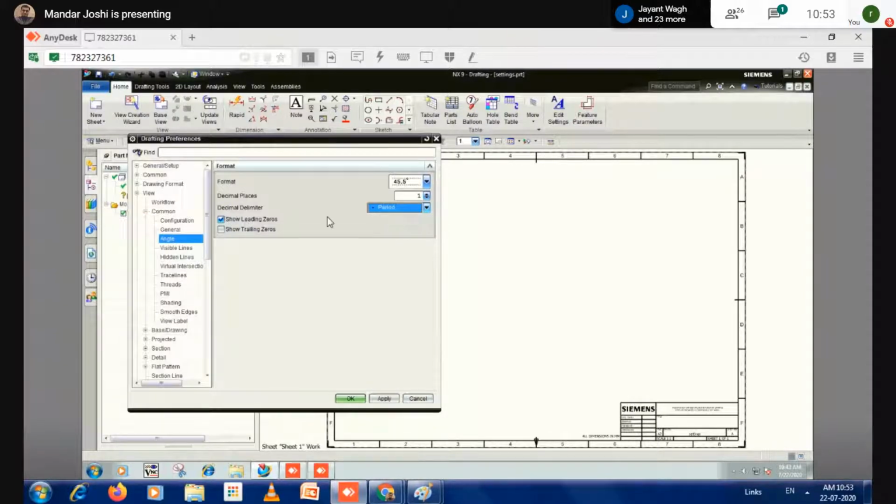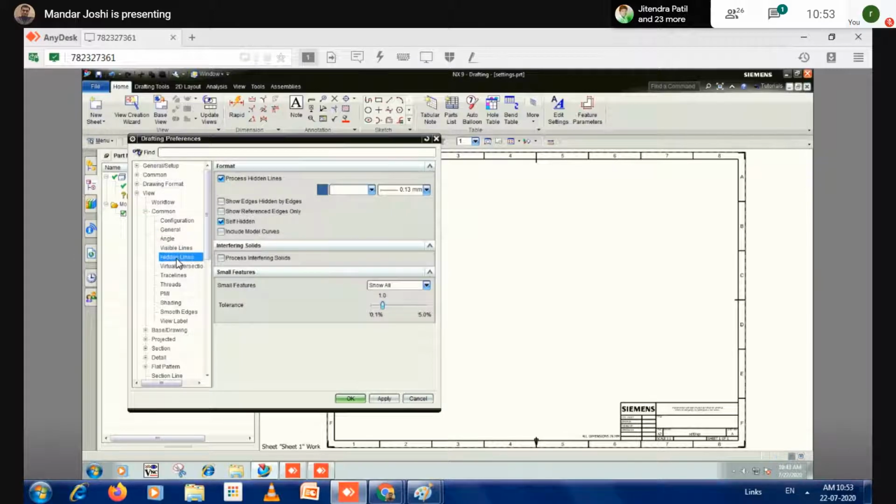View common, then hidden lines. As per our drawing standard, we are not showing any dotted line. Whatever internal details you want to show, you just directly take the section cut and indicate.